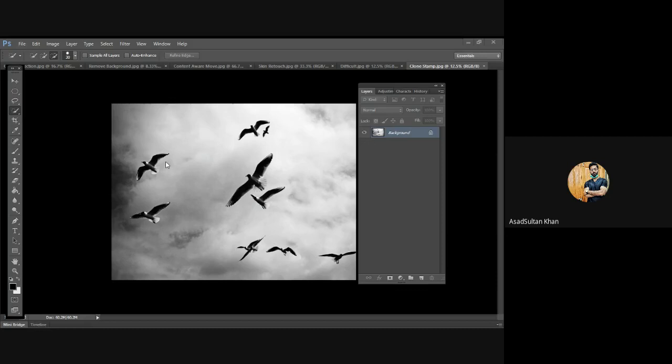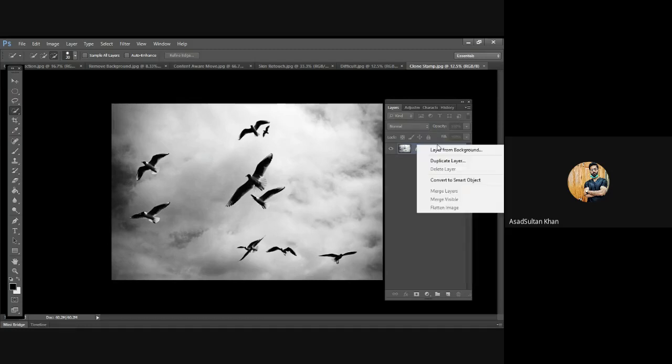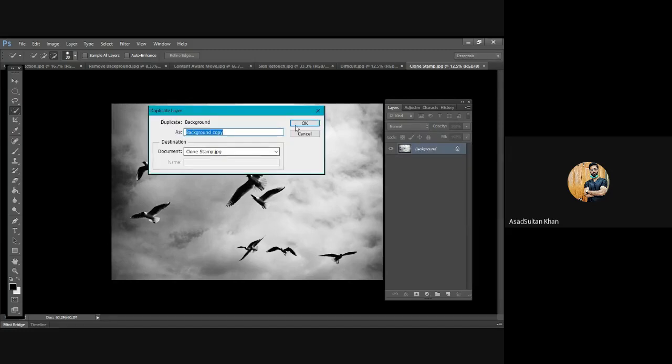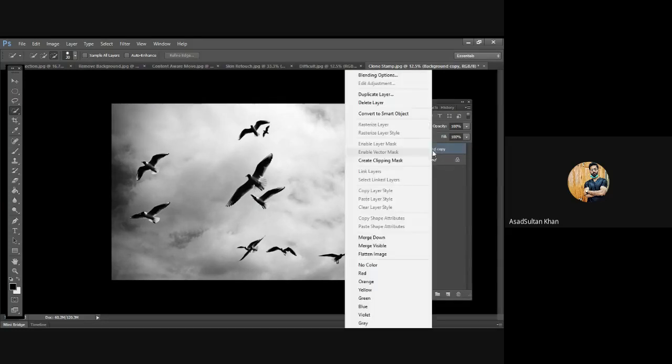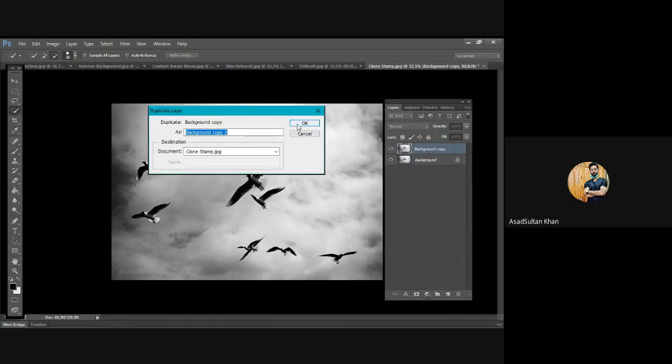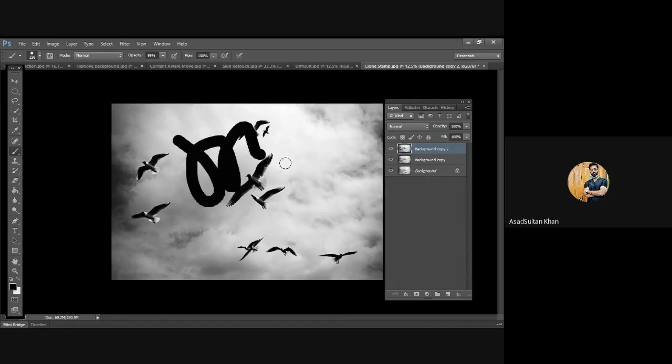So I want to define the concept of layering for a bit. What you see here is a layer, right? And here's another layer. So and here's another layer. Basically क्या होता है कि whenever you're doing something on Photoshop, let's say I select this brush tool, and what I do is I just do this. Or let's say I'll take a more simpler example.